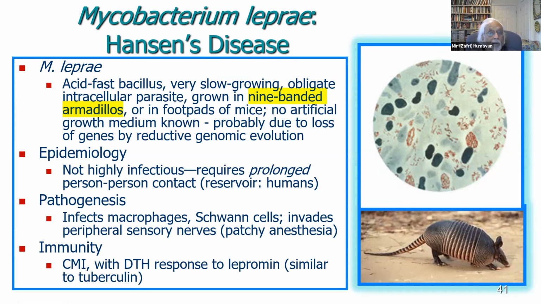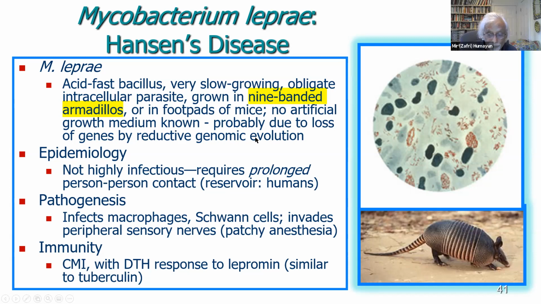It's also an obligate intracellular parasite, just like Mycobacterium tuberculosis, but it cannot be grown in vitro. MTB can be grown in vitro; M. leprae cannot, but it can be grown experimentally in, of all things, nine-banded armadillos and the foot pads of mice. It can be maintained in armadillos and foot pads of mice,